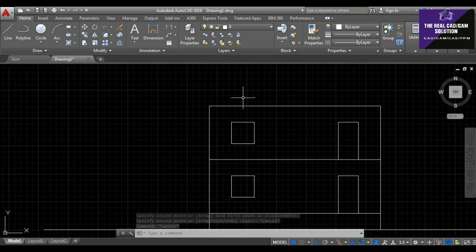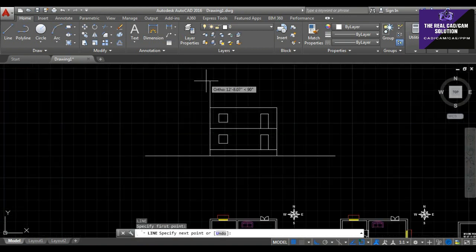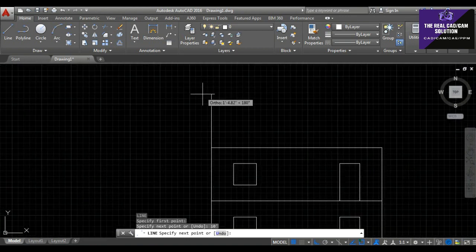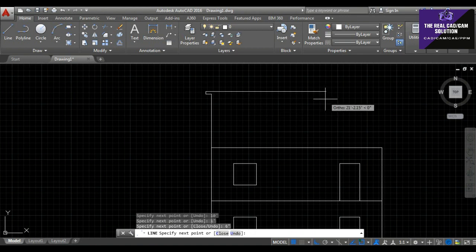Okay, I want to copy the same to the top area. And then here comes the left side, the room. The room is 10 feet, so I want to draw like this. It's 10 feet, and here comes the top of the elevation roof. Here's 1 feet. Here's 6 inch.